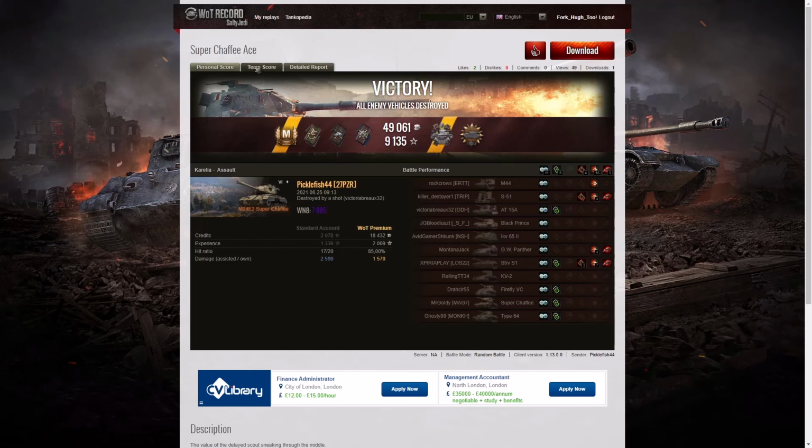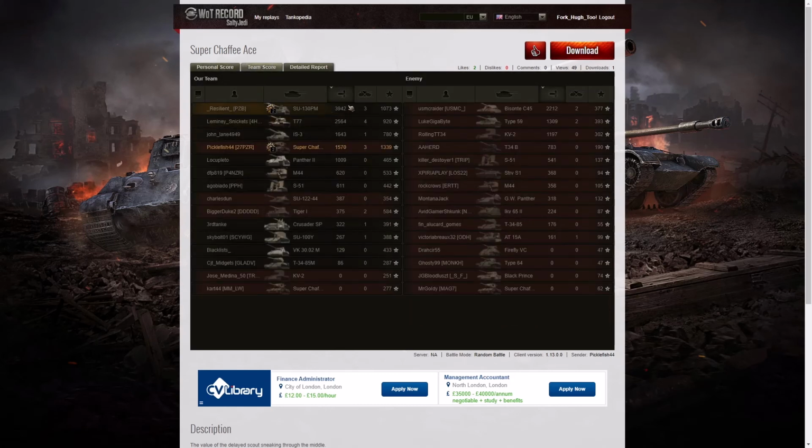Let's have a look at team score. Oh, win 8, 7,885. Super Unicum standard. Let's have a look at team score. He didn't get the highest damage in the game. That went to the SU-130PM on his team with 3,942 hit points. Picked up a high caliber and a tank sniper in that game. The second highest damage was the T-77, got 2,564 hit points. And the third highest damage was the enemy Bisonte with